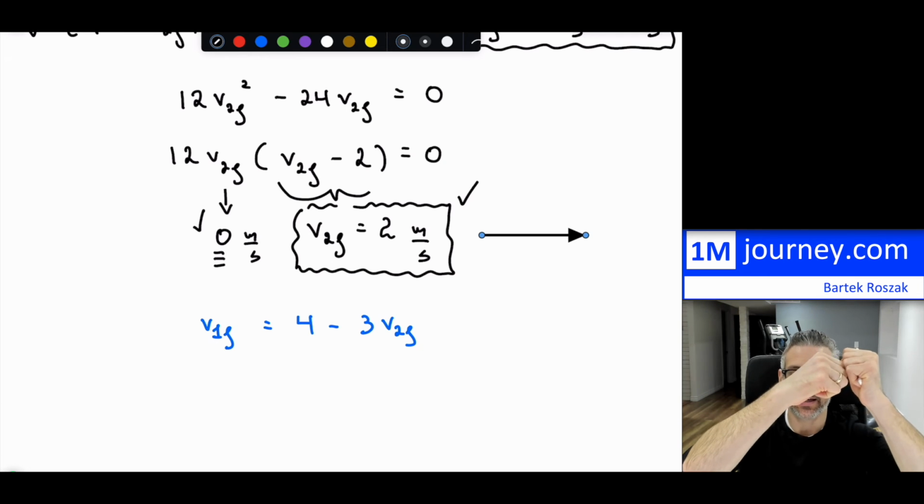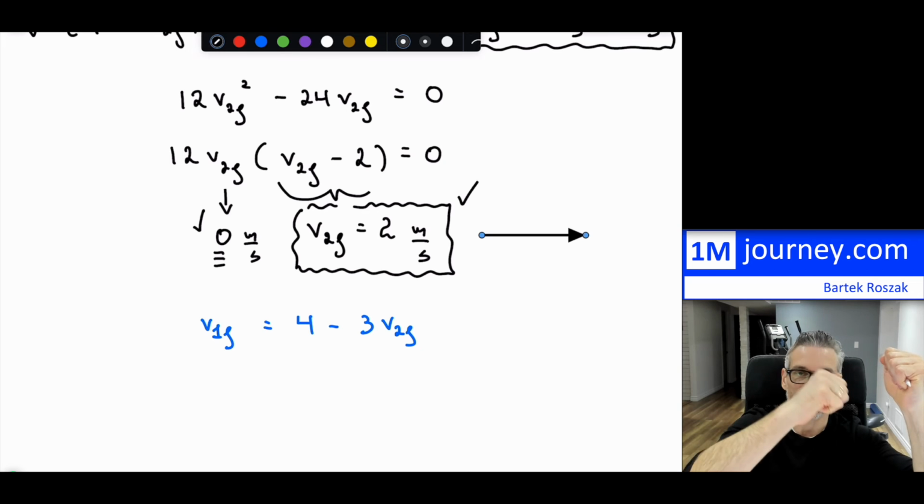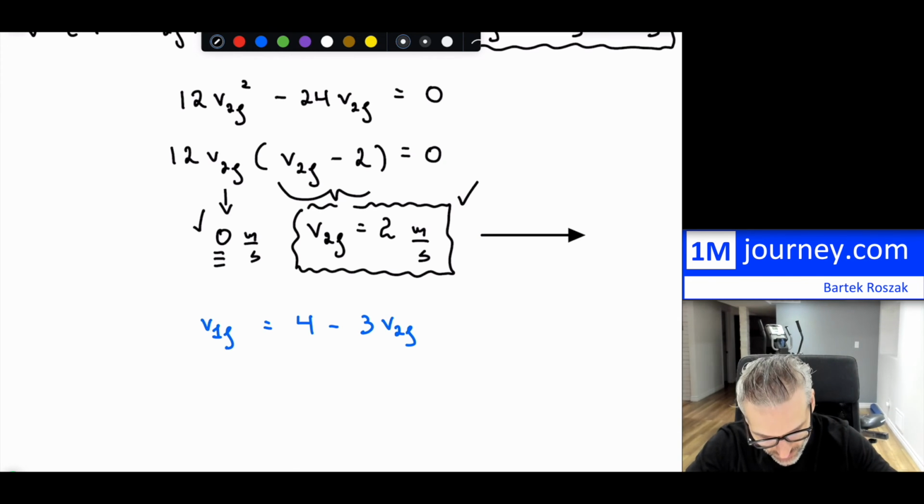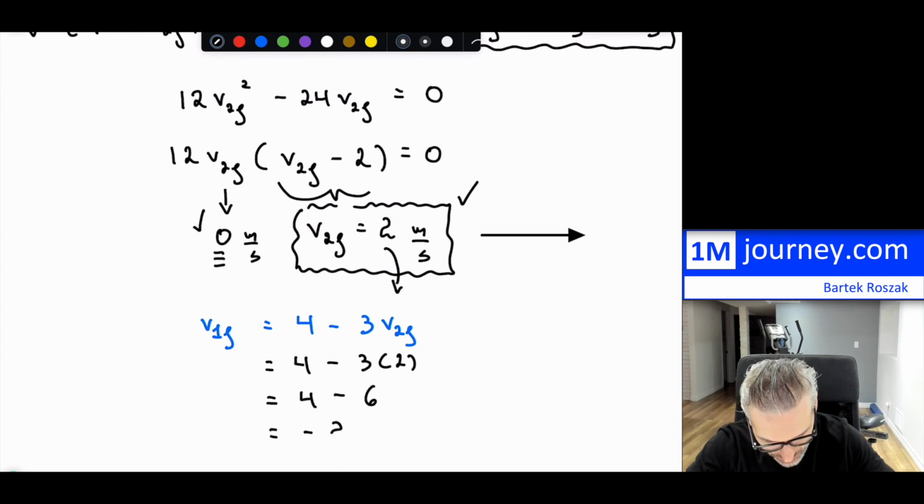So this will hit it, and it will move in collision. So this is going to hit, and this one's most likely going to bounce back, just depending on how much mass it has. So one is in the positive direction to the right. And now if you substitute that in here, what you're going to get is 4 minus 3 times 2,